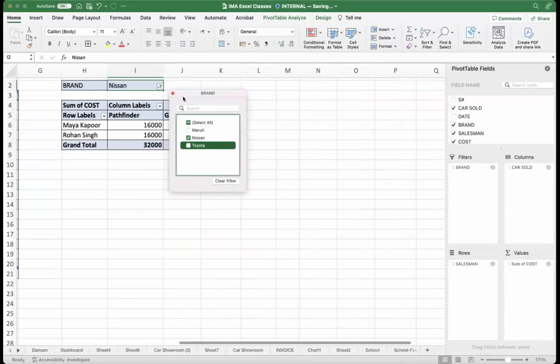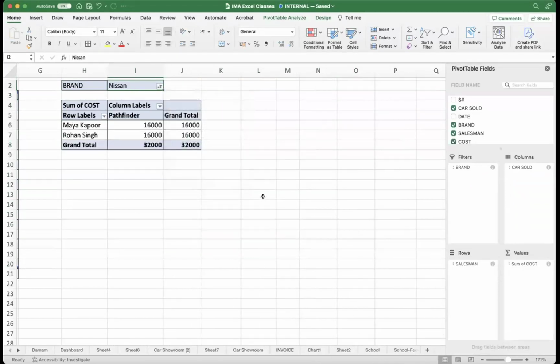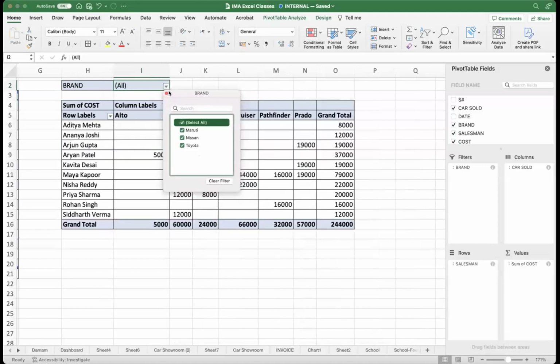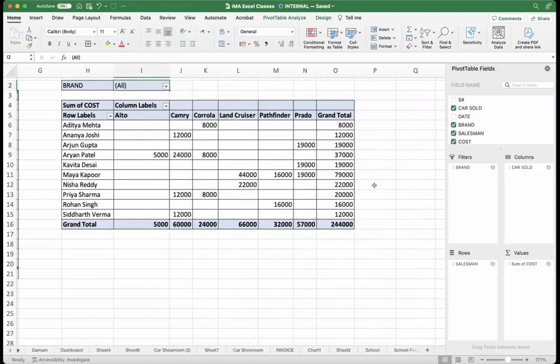ठीक है, इसी तरह मैं क्लिक करके देख सकता हूँ कि निसान में कितना सेल हुआ है। निसान में सिर्फ एक ब्रांड पाथफाइंडर कार सेल हुआ है, दो सेल्समैनों ने सेल्स किए हैं। तो दिस इज द यूज ऑफ व्हाट यू कॉल pivot table wherein you can play with your data।